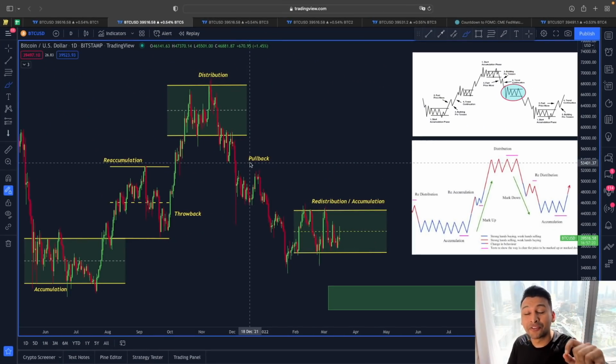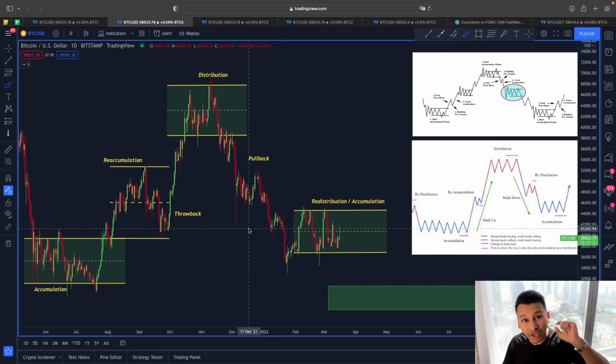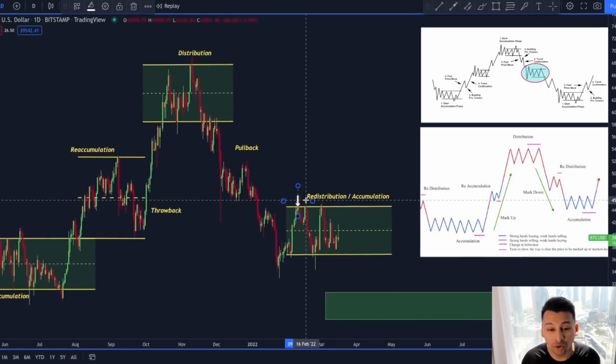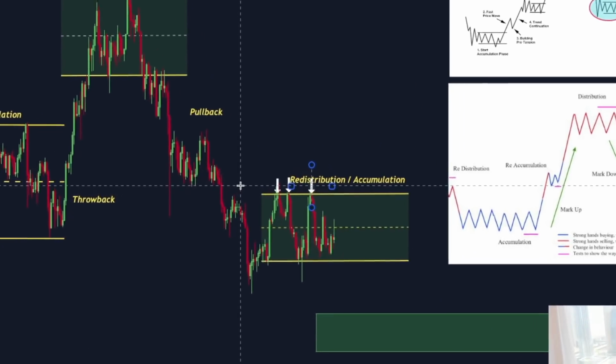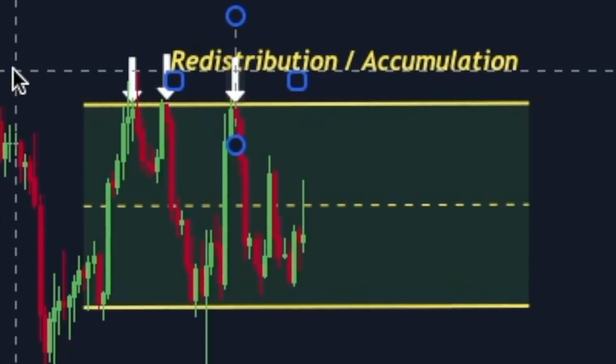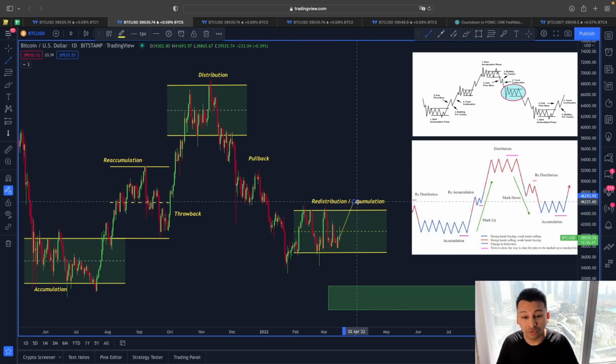So since many of you were asking me about this very controversial chart, why do you think that the price of Bitcoin could be inside this redistribution phase and not in an accumulation phase? Because I have been very clear, as long as the price of Bitcoin is going to remain inside this parallel channel where the upper line around 45,000 is acting as a resistance, we are going to look at this as a